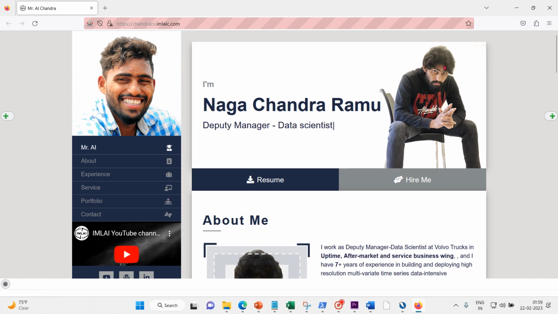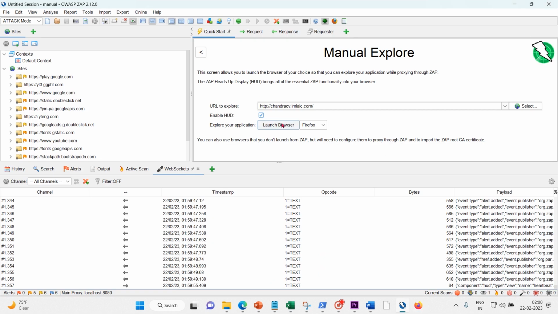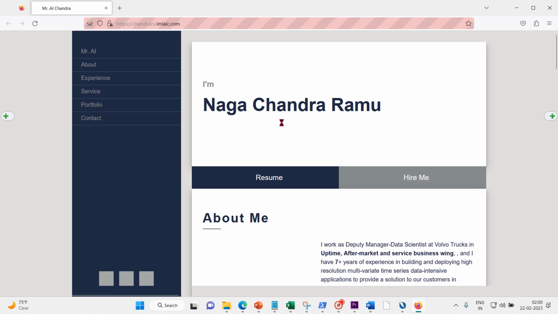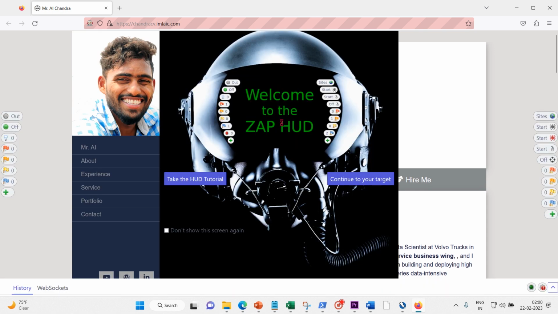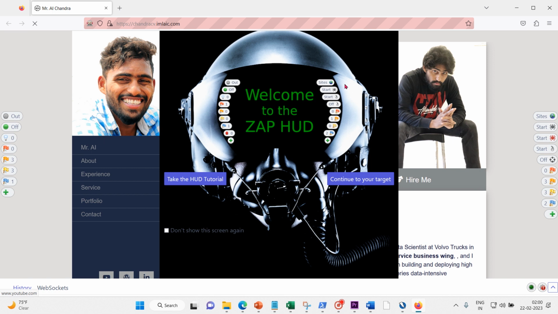So now, in order to be able to see the HUD, this can be done by clicking. Okay, by default a splash screen is shown. Okay, let me recreate it. Let me relaunch it. Launch the web browser. Yeah, so now you can see the splash screen on the top of our web